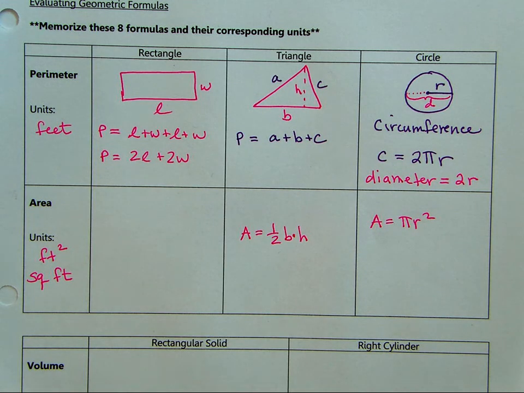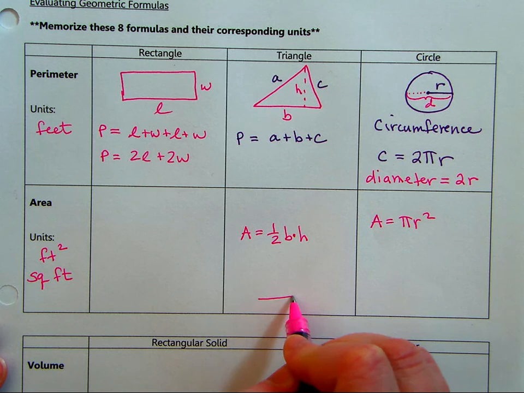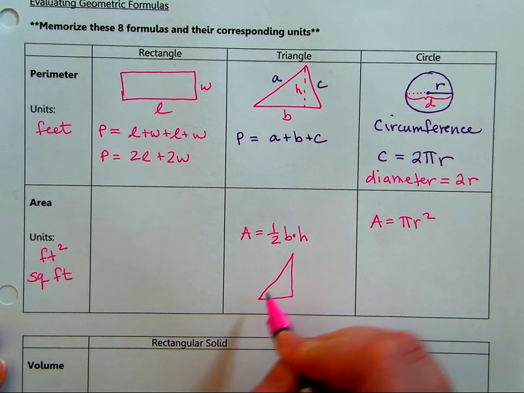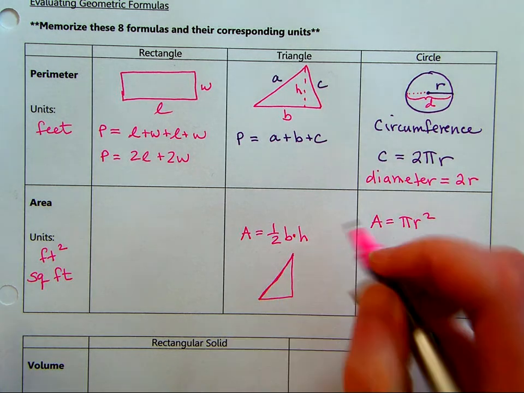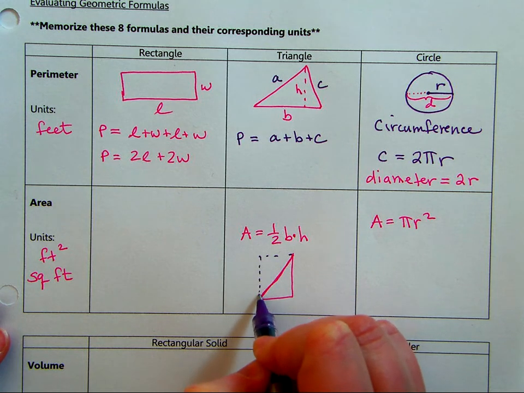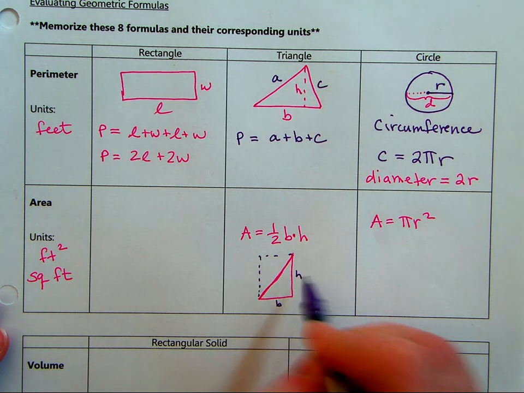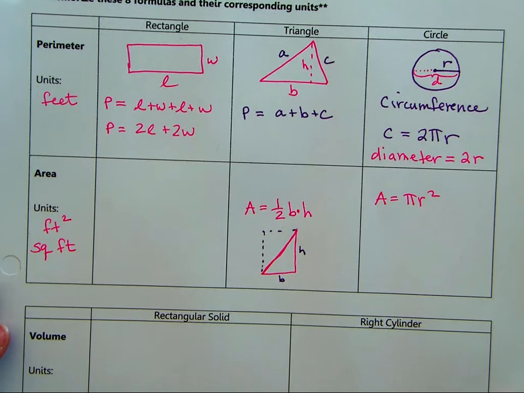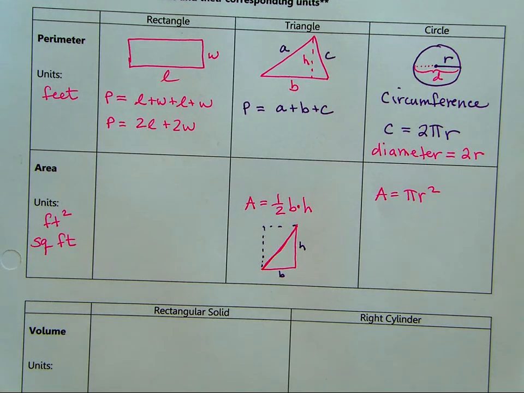If you think of any triangle, like a straight line, it's actually half of a rectangle. And it doesn't matter, you can have the strangest looking triangle, it's still half of the base times the height. So this is where that triangle formula comes in. It's half of the rectangle's area.